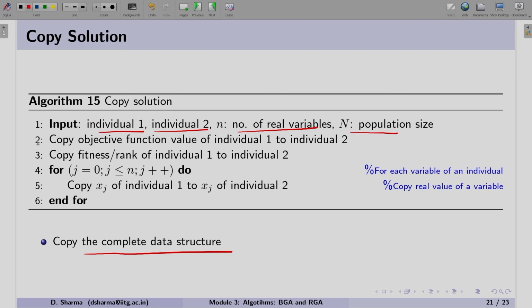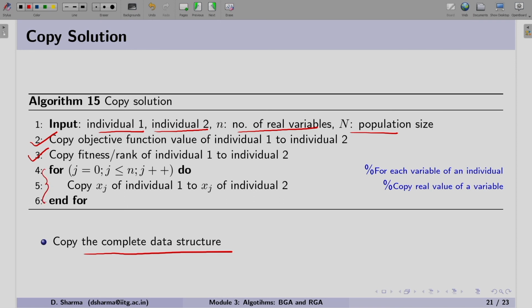So first, let us copy the objective function value of individual 1 to individual 2. Similarly, thereafter we can copy the fitness of individual 1 to individual 2.